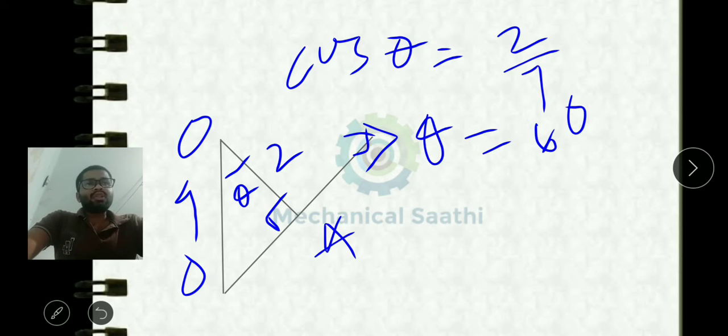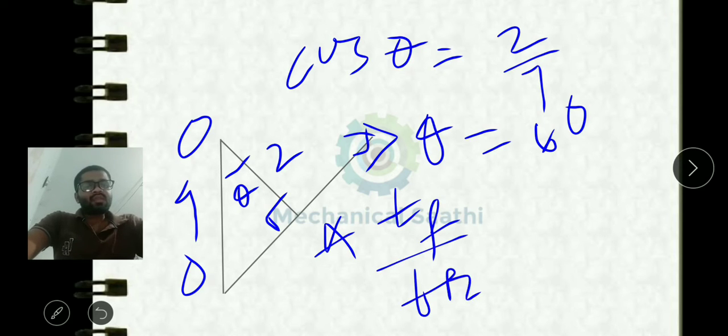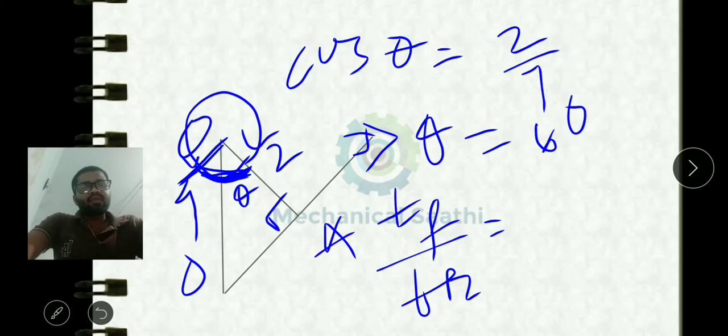As this question is asking to find the ratio between the time required for the forward stroke and the return stroke, if we calculate that, then t for forward divided by t for return, we can calculate by using that. So here this will be 2 theta, the angle in the return stroke, and this will be the total angle in the forward stroke. So for the forward stroke this much angle is taken, and for the return stroke this much angle is taken. So if we divide this by this, then also we can get the answer.